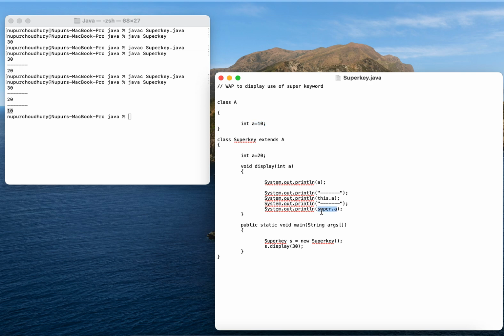So whenever I use super, the parent class instance variable is called. The use of the super keyword is basically that we can refer to the instance variables or objects in the parent class without having to call them explicitly. Okay, so this is all about the super keyword.